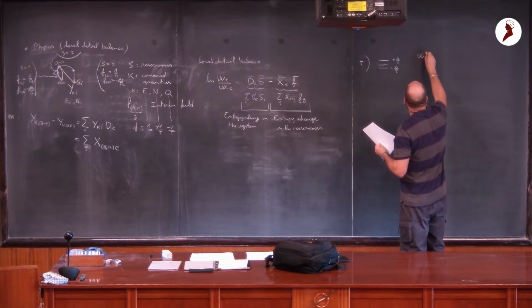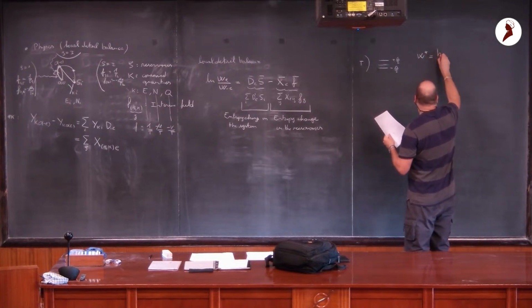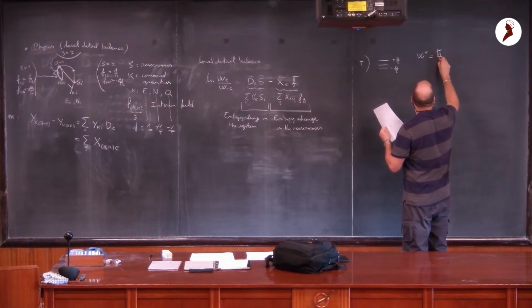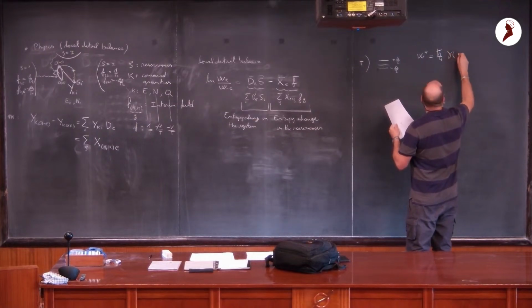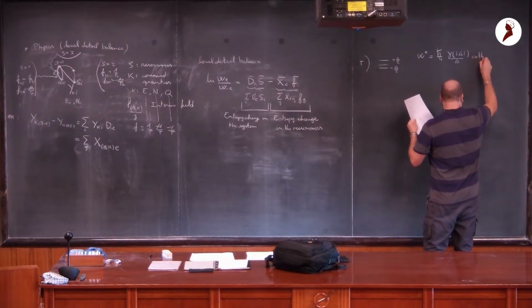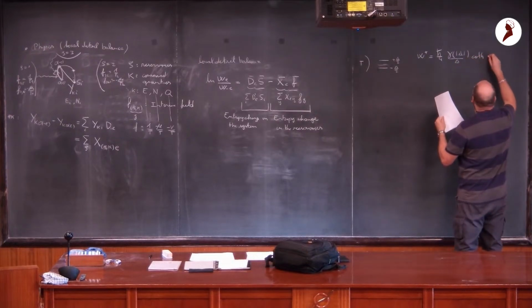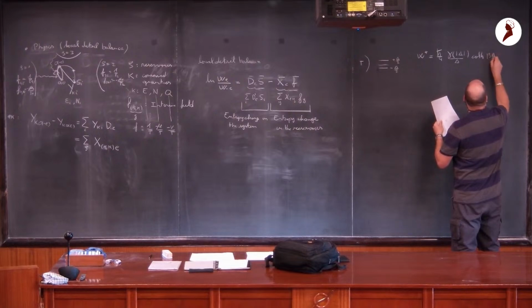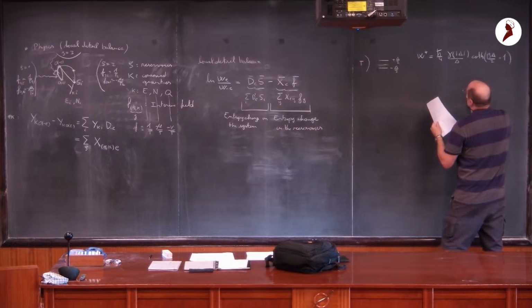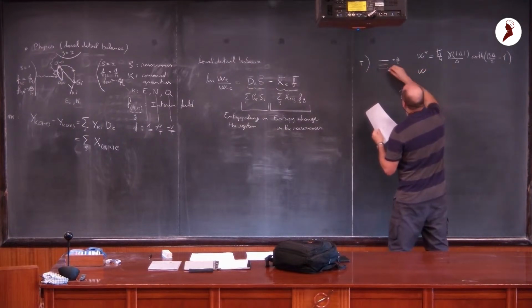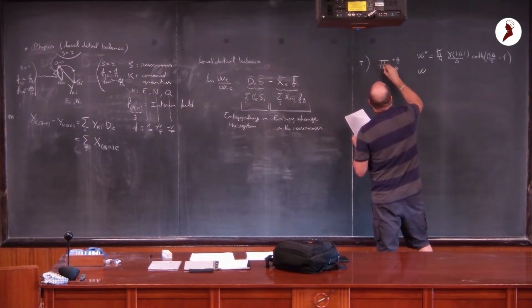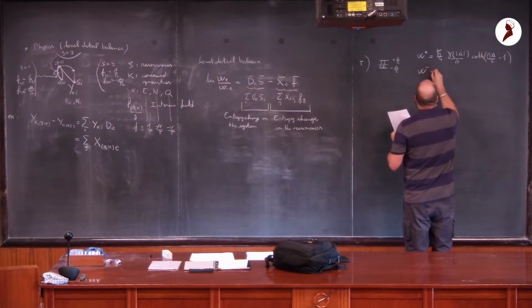And the rates can be derived microscopically. This is the so-called spectral function of the reservoir, cotangent hyperbolic. It's to show you that the form can be non-trivial. And so this is the probability to go up, and the probability to go down is